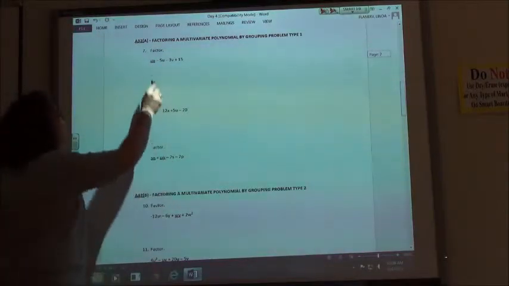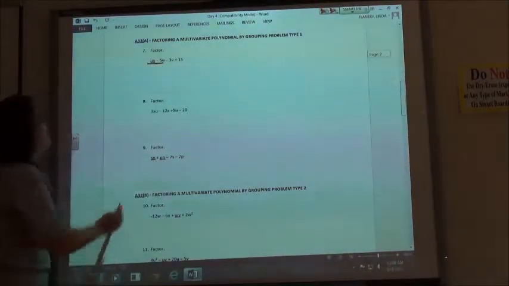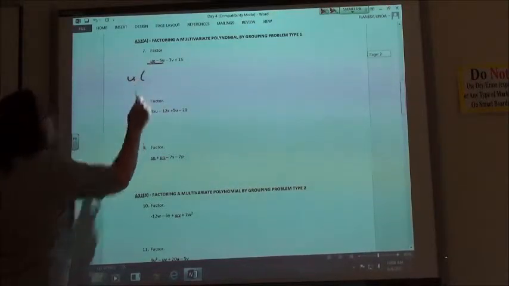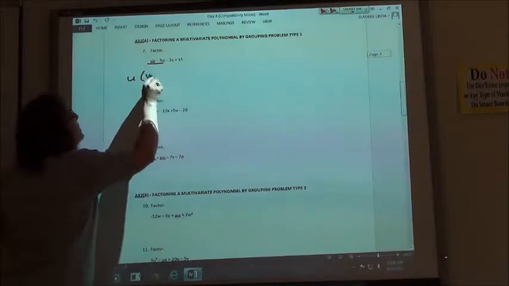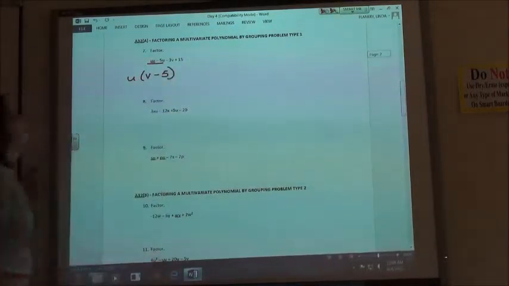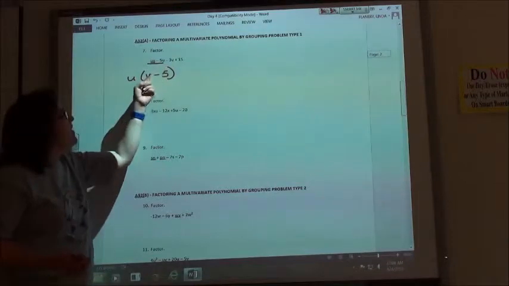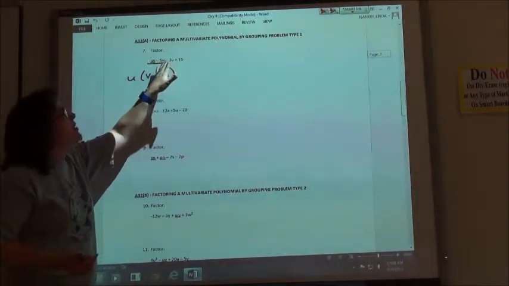Since they both have the u's in common, I'm just going to keep those two together, and I would factor my u out of there. If I take a u out of both of those, I'm left with v minus 5. So my goal when I factor the other two is to be left with the exact same thing in the parentheses. If I want to be left with a positive v here, when I think about my greatest common factor,